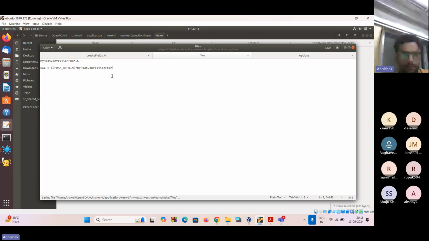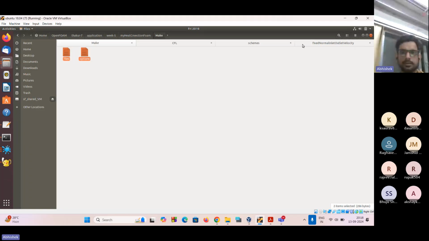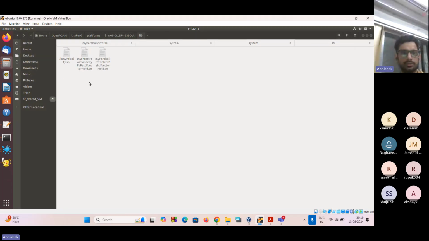One more thing is that you always have to add this form. So this is like the syntax of the form, that if you are making an application, you have to add form at the end. All right. And always add a user app bin. So where is the app bin situated? If I show you,